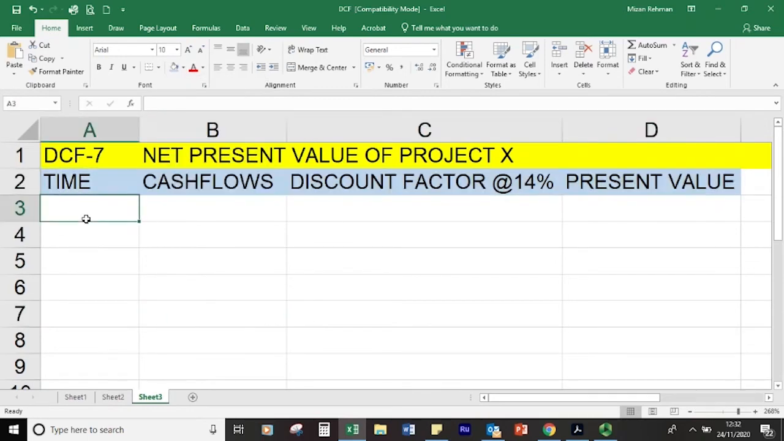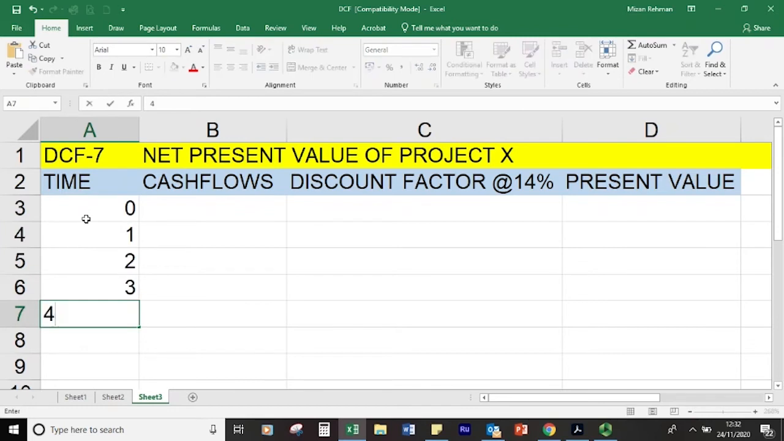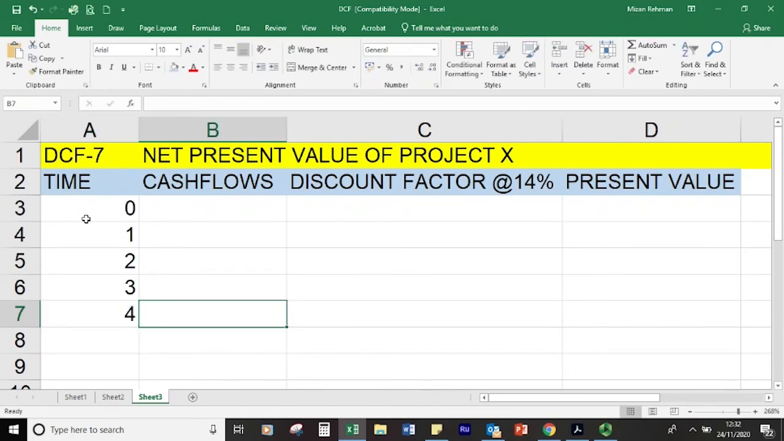Okay, so the timeline is 4 years for all of these projects. However, we always have a time 0. So 0, 1, 2, 3, 4. So actually these are 5 different instances on the timeline. At the start, we invest money, we pay out. So it's a negative